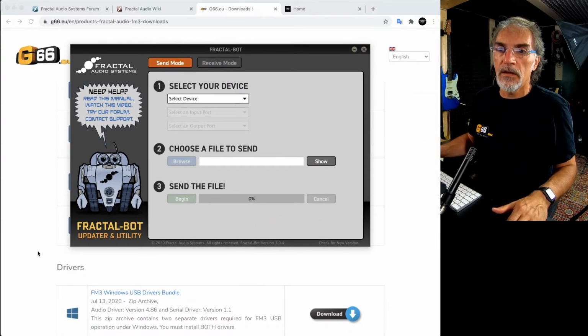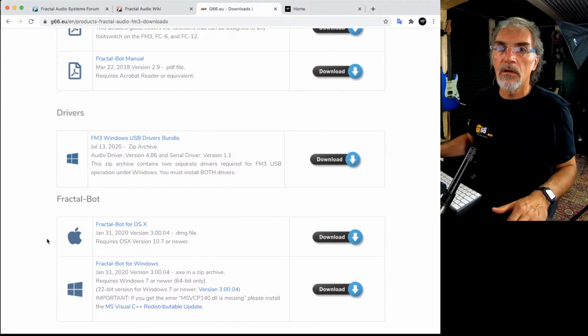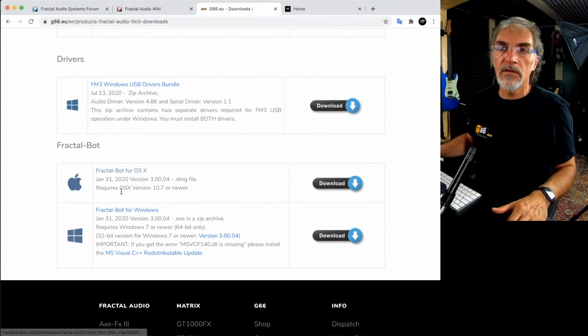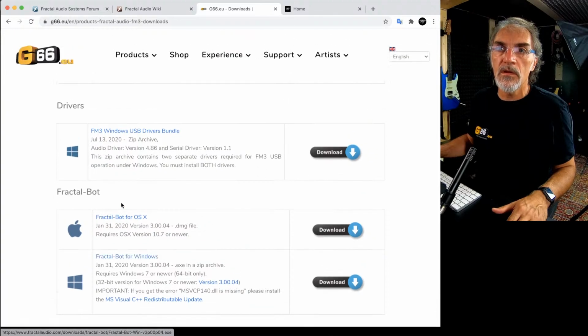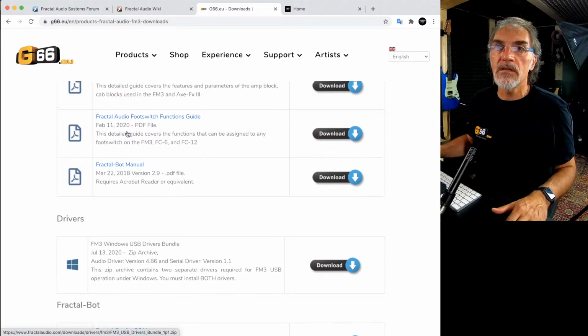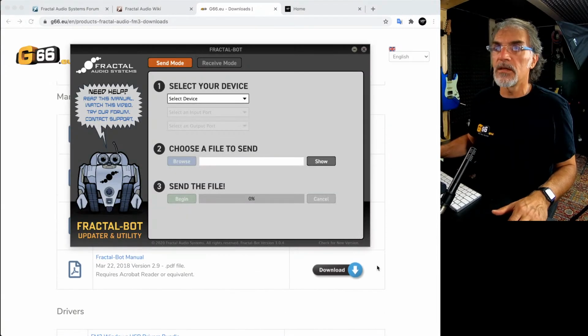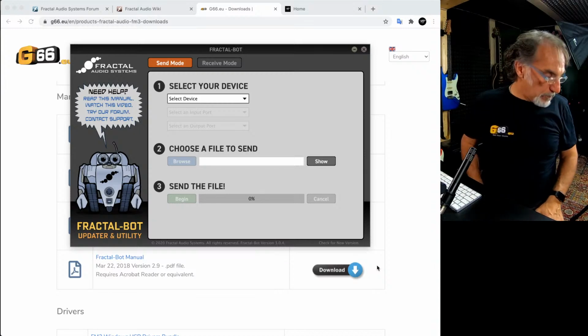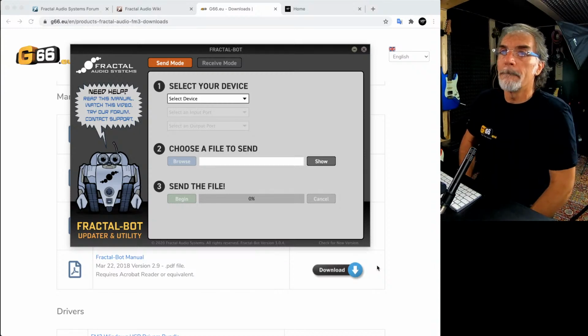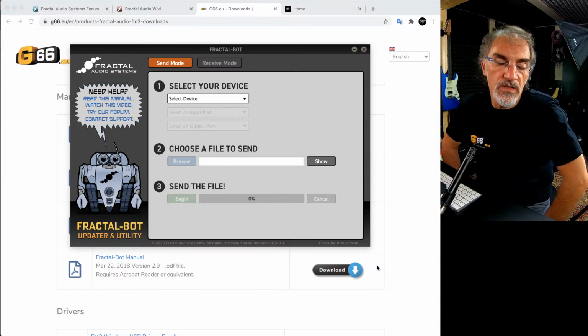You can download Fractal-Bot for your operating system, Mac OS or Windows. There are also the drivers for Windows devices, and the manuals. I will show you Fractal-Bot. Fractal-Bot is a very powerful tool that lets you do one of the most important things you have to do periodically.